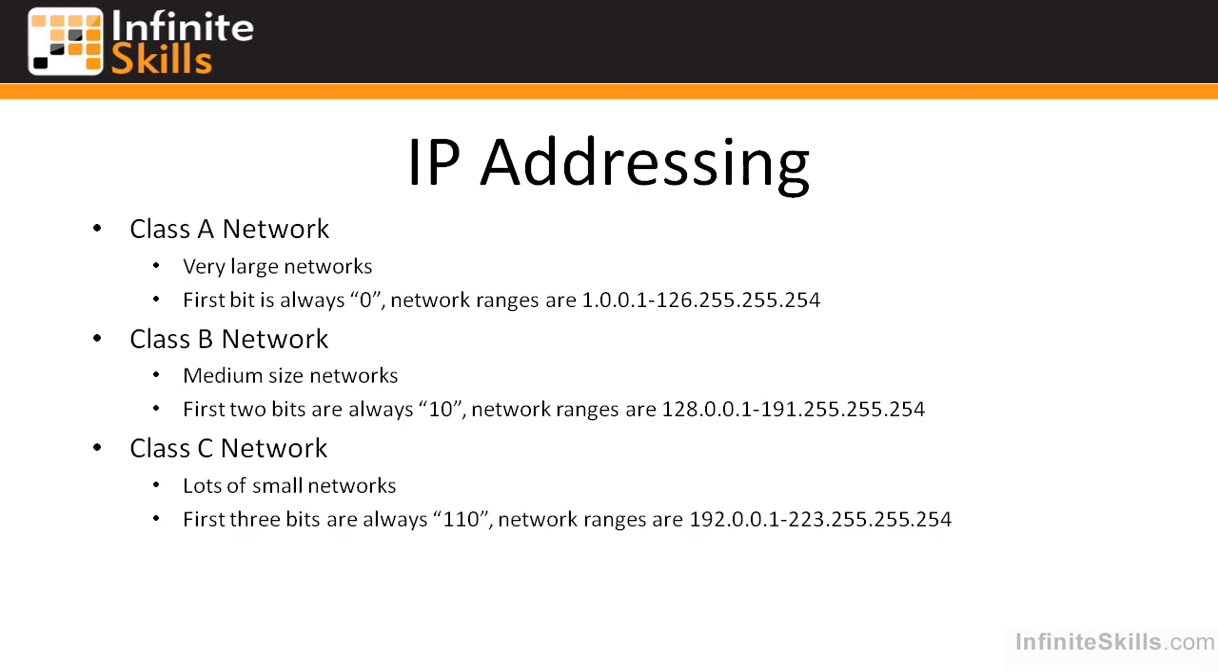The Class C network, the first 3 bits are always 110, which means the possible network ranges are 192.0.0.1 to 223.255.255.254. Moving along to the Class D network, these are multicast addresses, and we won't really talk about multicast very much in the CCENT,